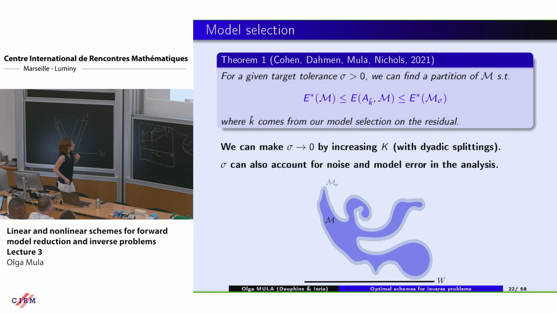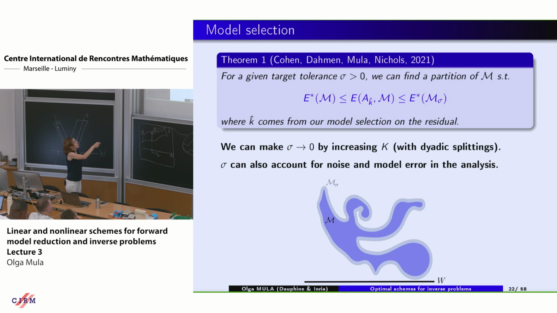It turns out that I can find a partition of my manifold in pieces like this. I can start decomposing more and more my manifold. We can find a partition of the manifold such that when we take this partition, we do the reconstruction with the selection that I did not have time to show you, then the performance of this algorithm here